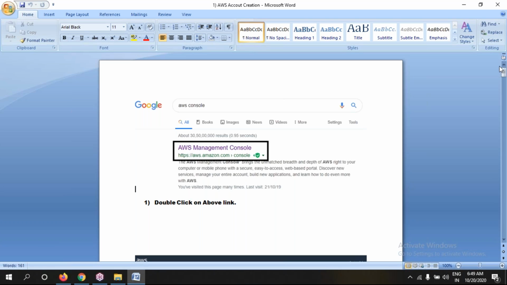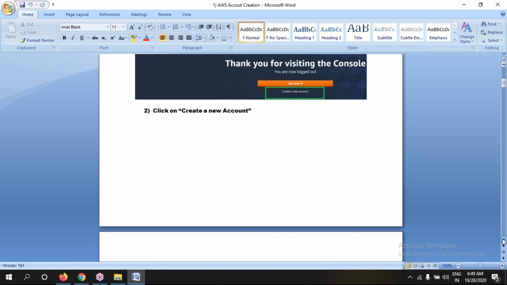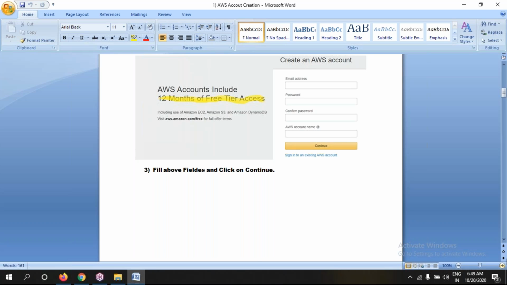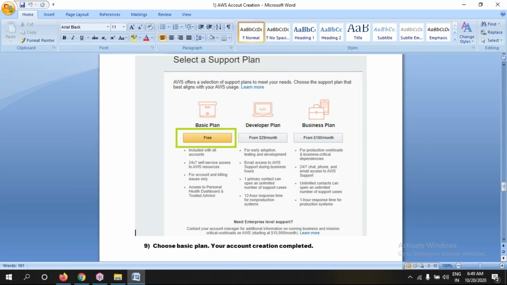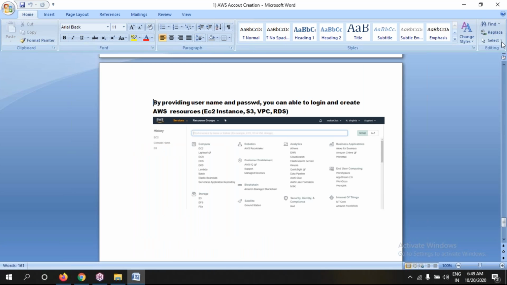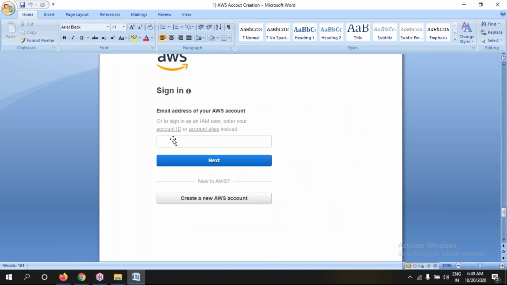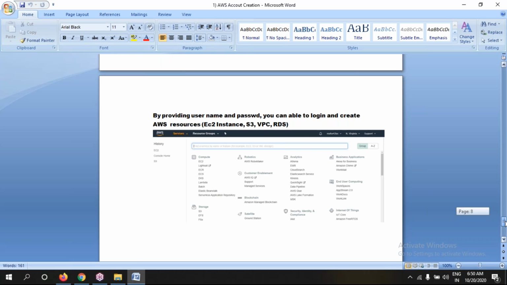So after successful sign up, it is going to ask you to log in. You are going to log in by providing a username and password. After successful login, you will be able to see this page.